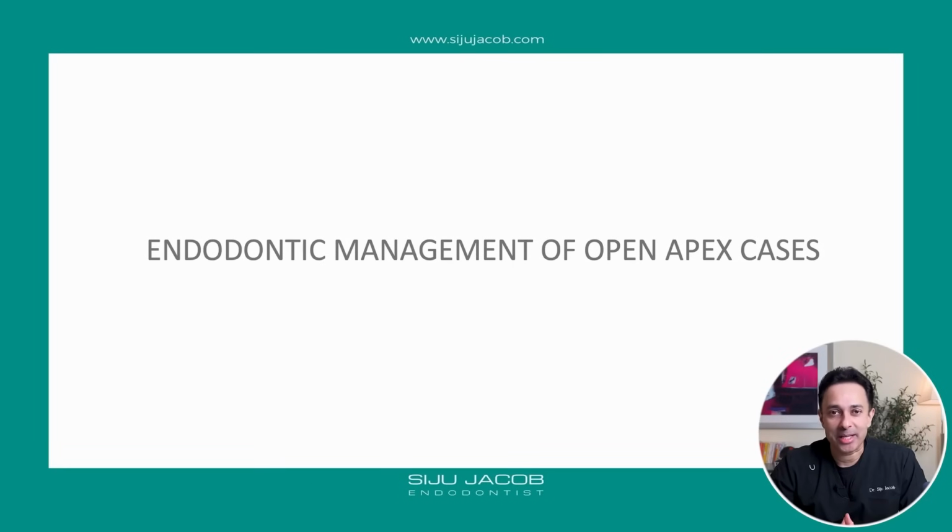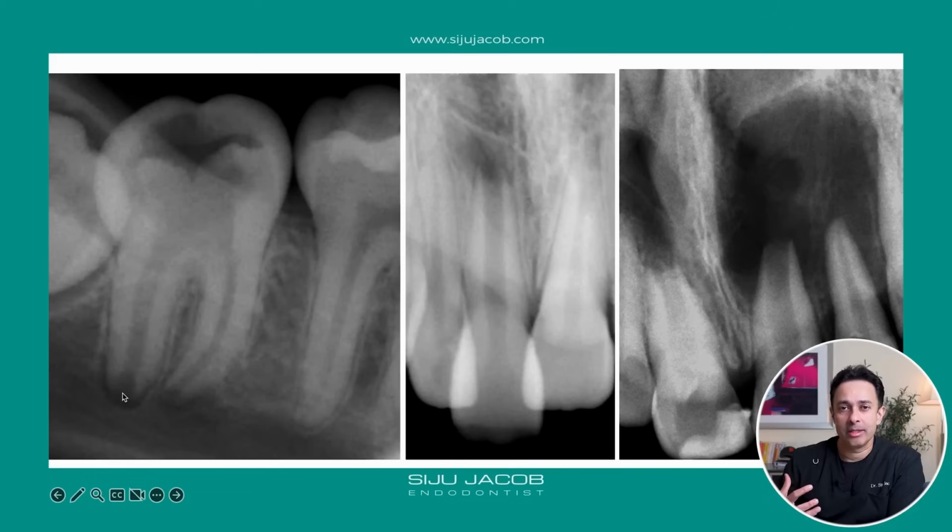Today, we're going to take a deep dive into endodontic management of open apices. Cases with open apices cannot be managed in the routine endodontic way. The reason is, when you have an open apex like this, whatever obturation material you put into the tooth will not have any retention. It will go past the apex, number one. And two, it will not be able to seal the apex because the apex is too wide for gutta-percha or sealer. So this is the reason why they are challenging.